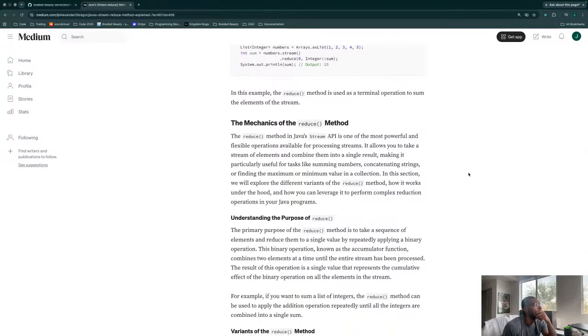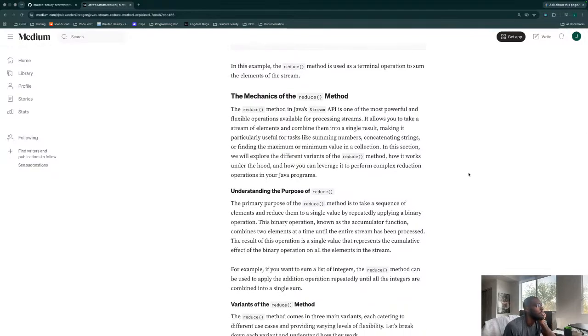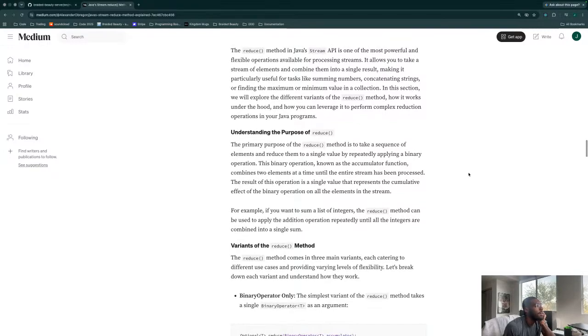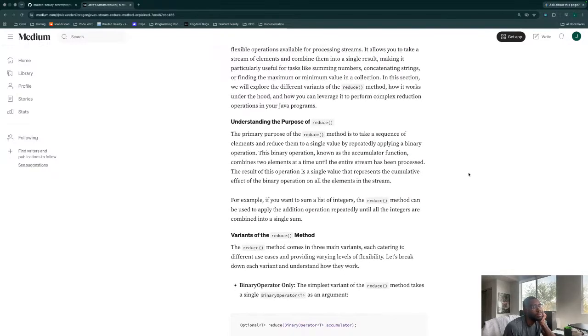Let's see. Understand the purpose of reduce. The primary purpose of the reduce method is to take a sequence of elements and reduce them into a single value by repeatedly applying a binary operation. This binary operation, known as the accumulator function, combines two elements at a time until the entire stream has been